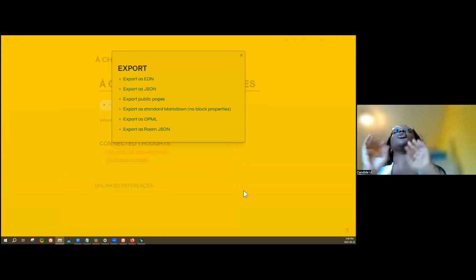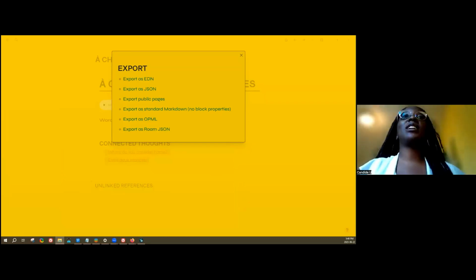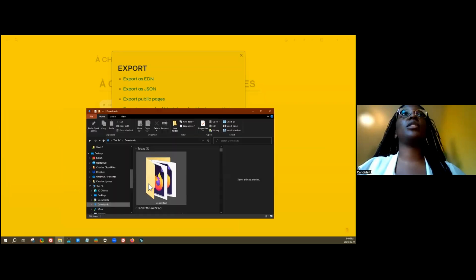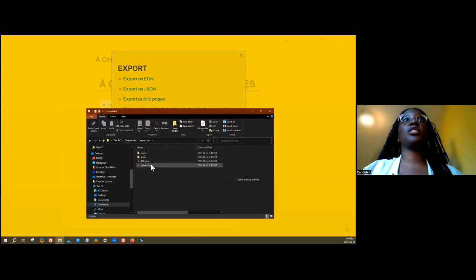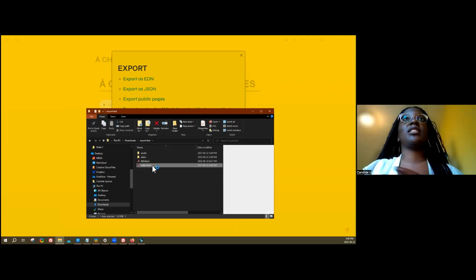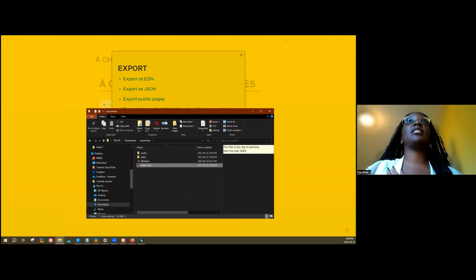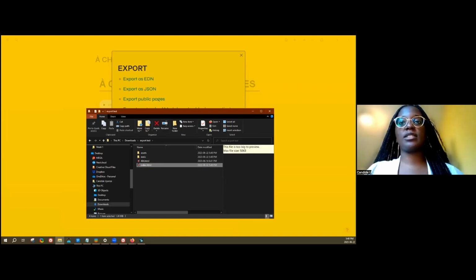It usually has an alert to say it's been exported, but it might be taking a little while. As you can see in my folders, it exported it as a website, an HTML website. What that means is you can host it anywhere that accepts HTML, CSS, and JavaScript files.